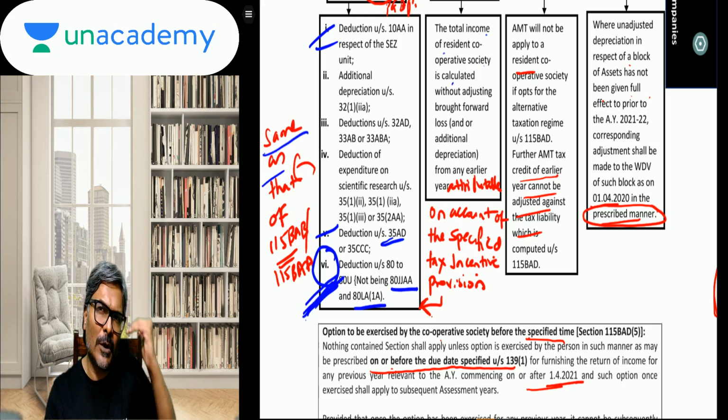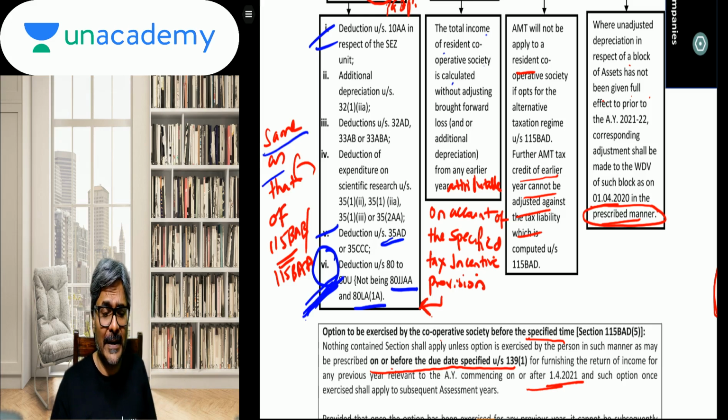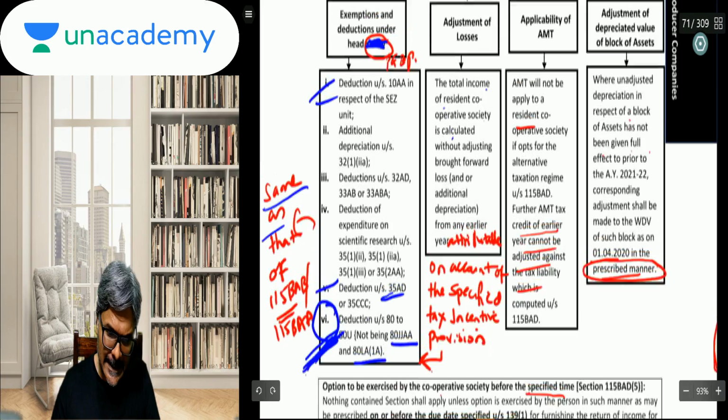So if you have got a brought forward loss or the unabsorbed depreciation because of these specified tax incentive provisions, which are those specified tax incentive provisions? The arrow is touching that box, all that particular tax incentive provision. So that much of the loss or the UAD definitely we want to make it lapsed. The UAD students that we want to make it lapsed, that UAD is about what? Additional depreciation. Perfect. That UAD is about additional depreciation.